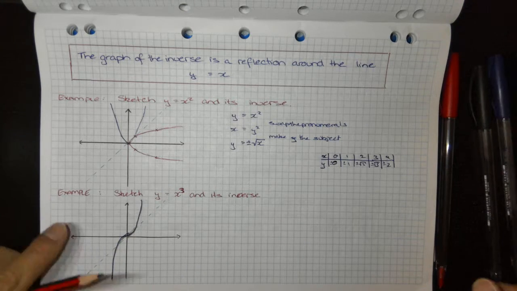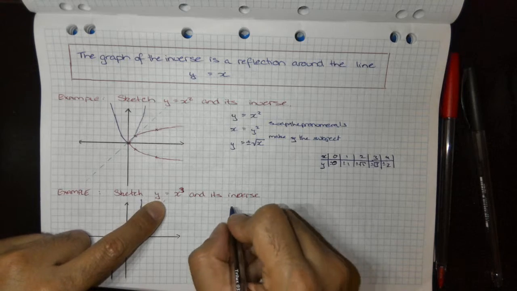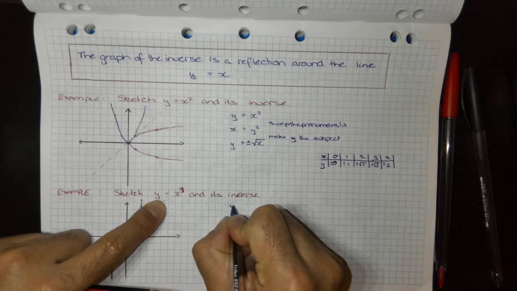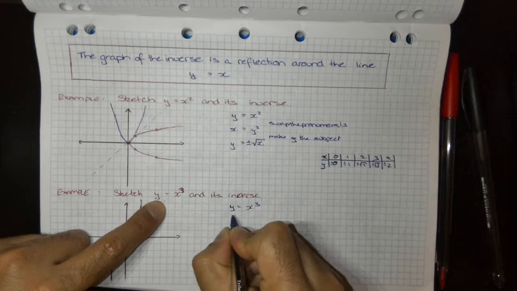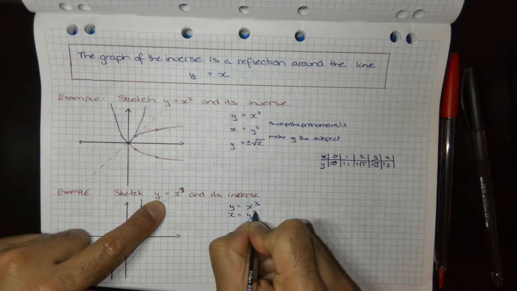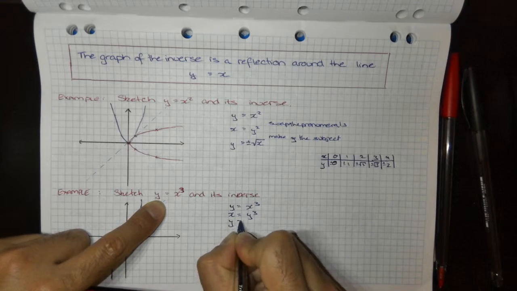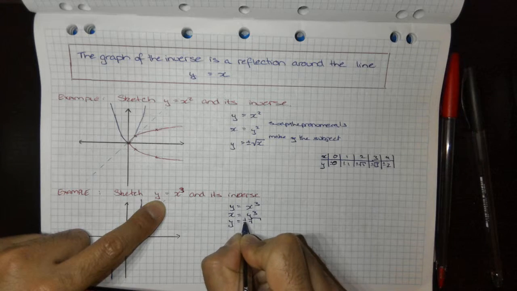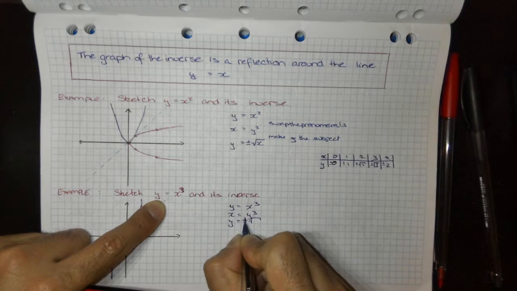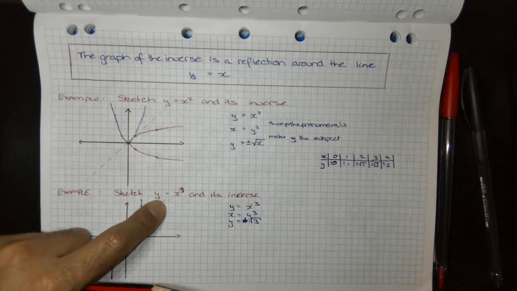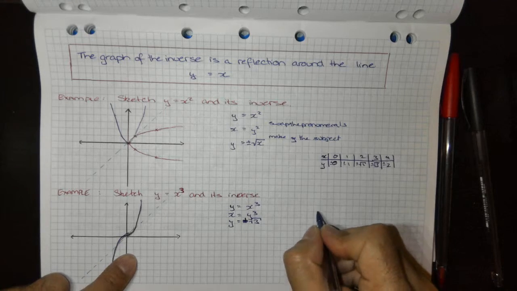So we'll find the inverse. I'll swap it out. So we've got y equals x cubed. We'll swap the pronumerals around. So y equals the cube root of x. Yep. So if we do a table of values again,